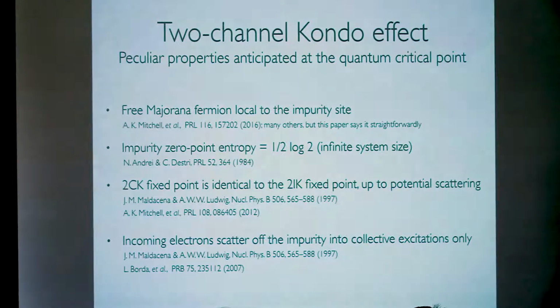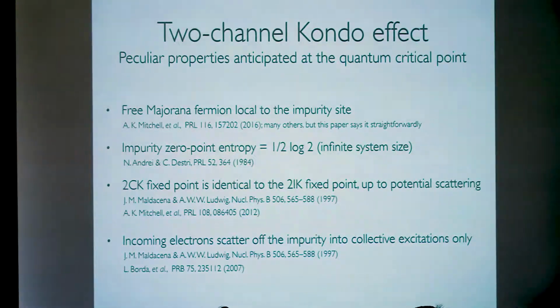Why is this interesting? Well, there are a number of things you can read in the theoretical literature that, as an experimentalist, we would like to be able to address. I think, actually, in the previous talk, Yigal Meir alluded to this. There's a t equals 0 residual impurity entropy of 1/2 log 2, which is kind of peculiar. It would be really nice as experimentalists if we could measure that. But so far, that has been elusive.